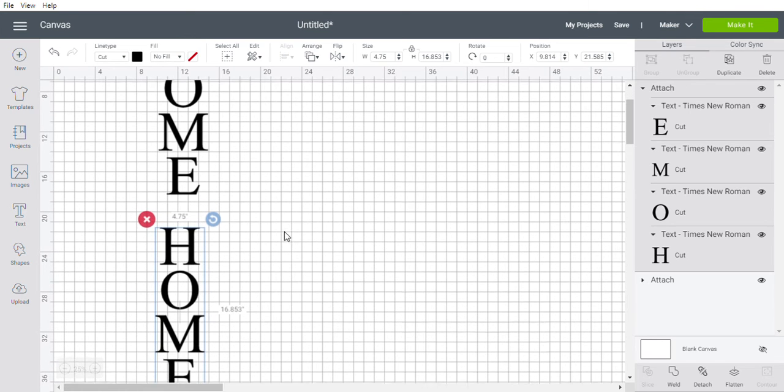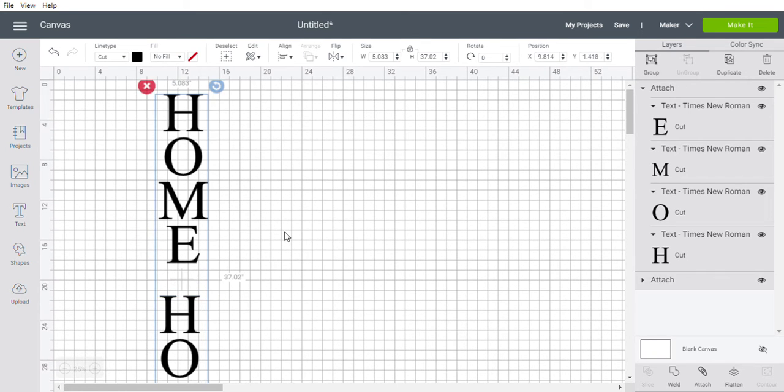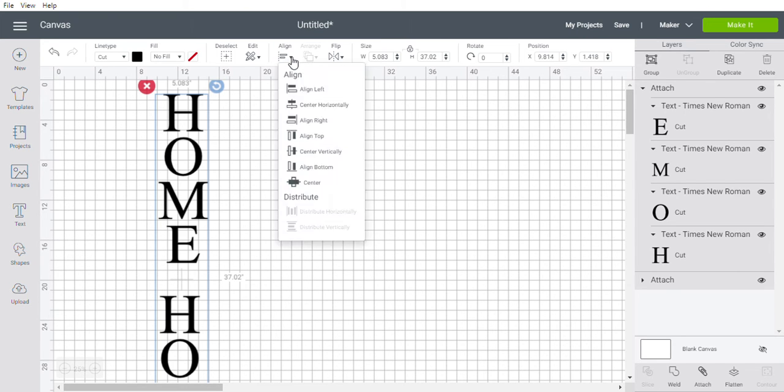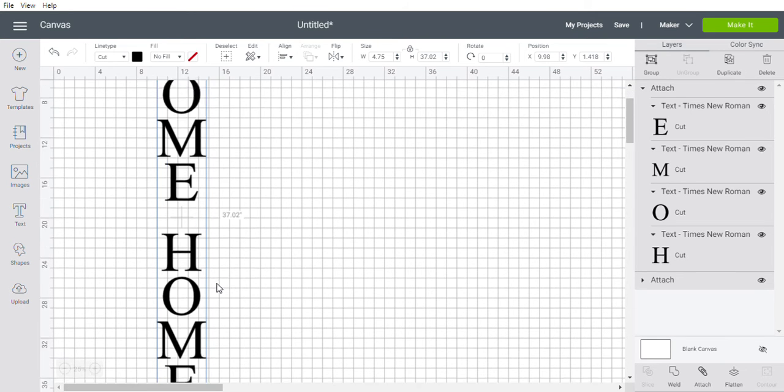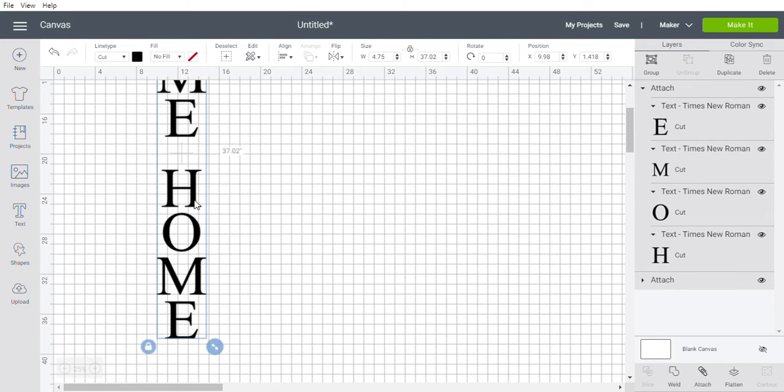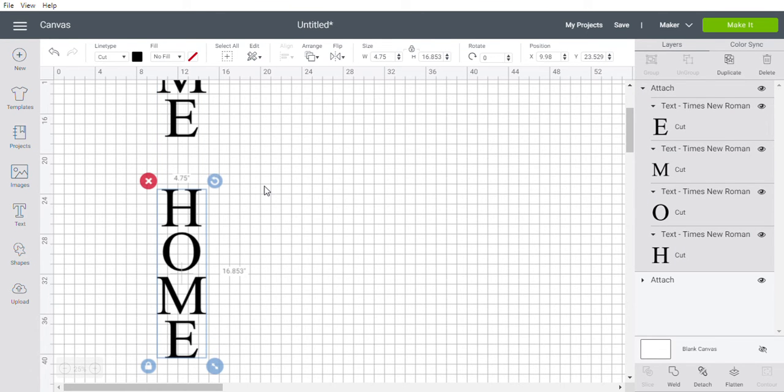First, it's not going to let me zoom out anymore, so we're just going to have to make do on this. But we ultimately would like to make sure this is lined up, and we would like to make it 32 inches. So you see I have it at 37 right now. So I'm just going to take this bottom Home and slide it down. And, oh wow, that was pretty close. I got to go just the tiniest bit more on it. So we just move it just a little bit. All right, so it's at